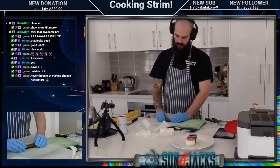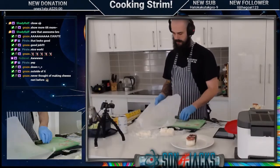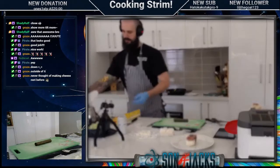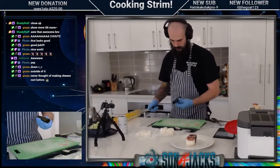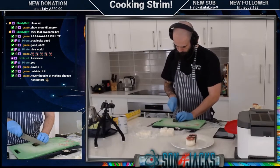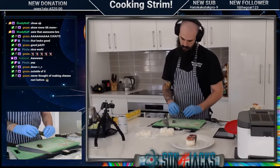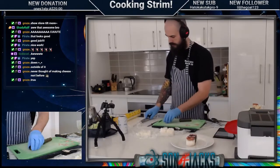Oh, it's technically not a nori roll because there's no rice in there. Now, turns out I didn't need that. What we're going to do is... Didn't quite work out the way I wanted it to, but so